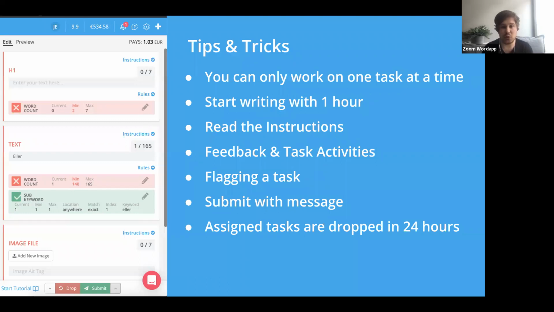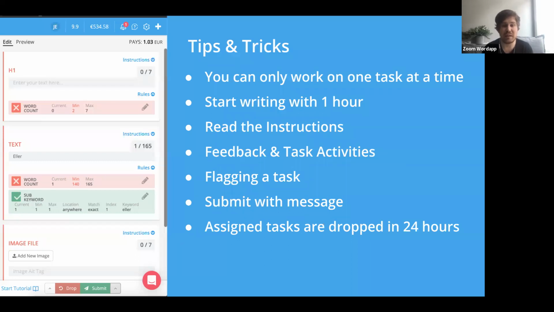Those together with the rules will give you a very good idea of what is expected in the text. Besides the template instructions, we also have general instructions, domain instructions, as well as sample texts. The sample text is usually where I start off when I'm writing a text in Wordapp. And it gives you a complete text that is previously approved when the template was built. So it gives you a very good idea of the tone of the text and what kind of information is